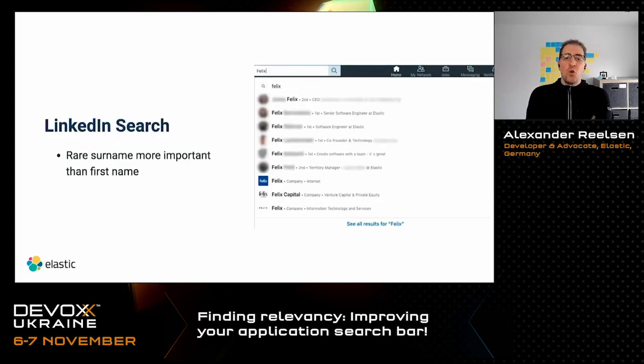So if we search for another rather common name in Germany or in Europe, Felix, that name is also interesting here because, again, you can see that there are like 4 direct connections that I have and another second grade connection. But the interesting part is the highest score result here is actually not a direct connection, but it's a second grade connection. And Felix is actually the surname.